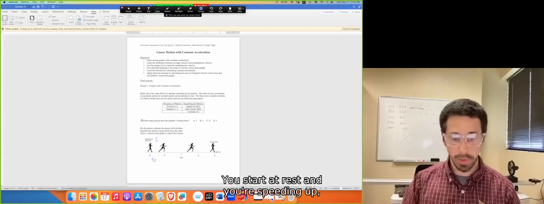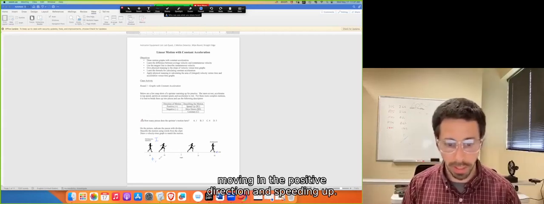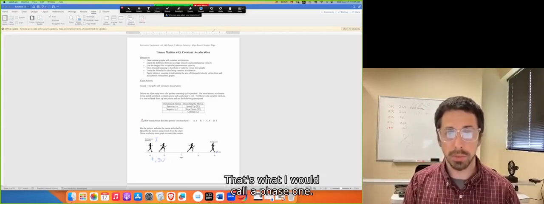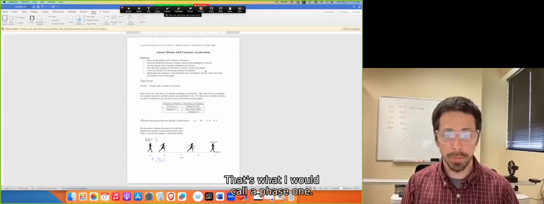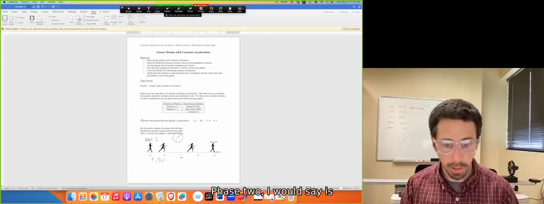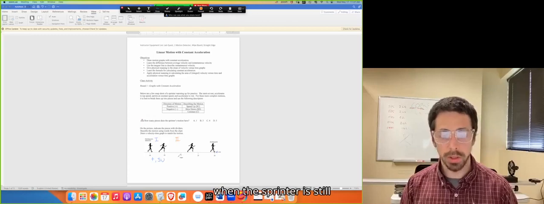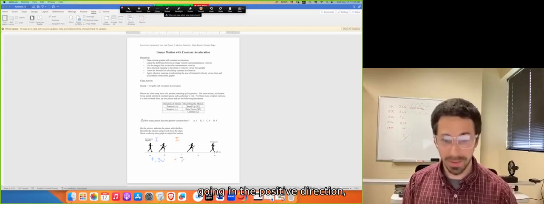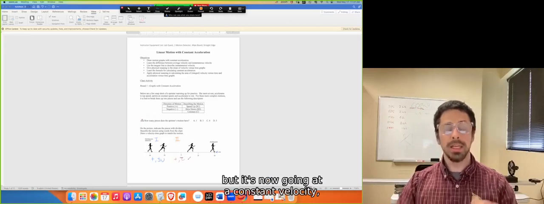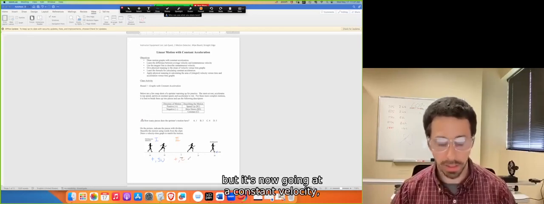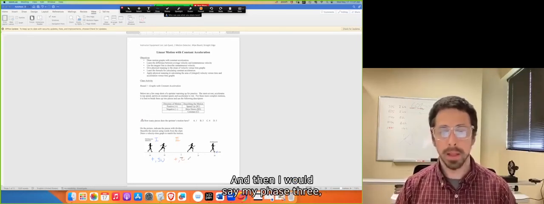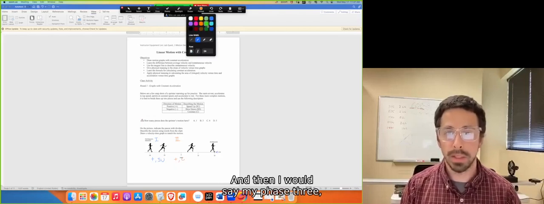You start at rest and you're speeding up, moving in the positive direction. That's what I would call phase one. Phase two, I would say, is when the sprinter is still going in the positive direction, but is now going at a constant velocity, a constant state of motion, right? And then I would say my phase three,